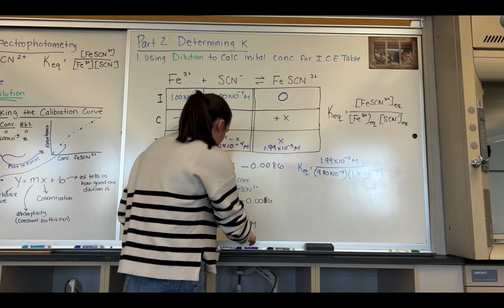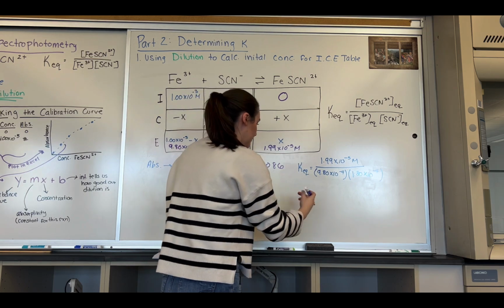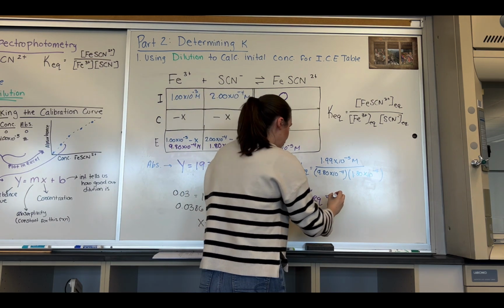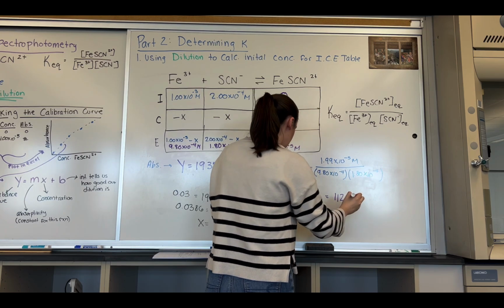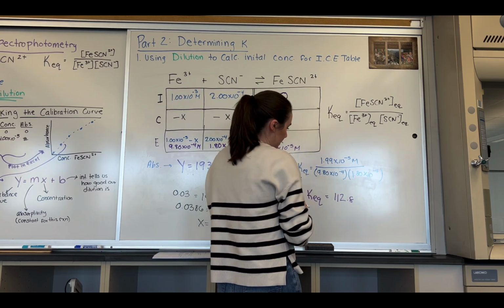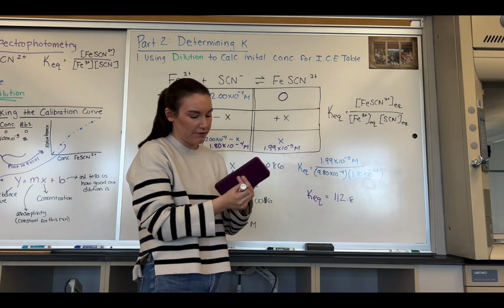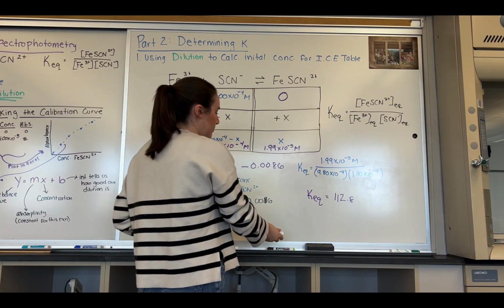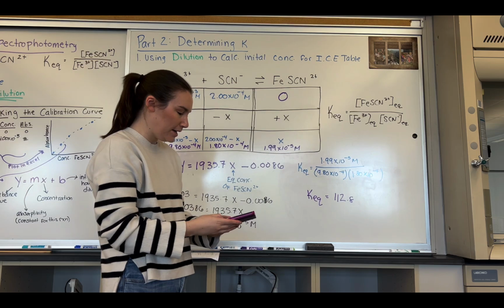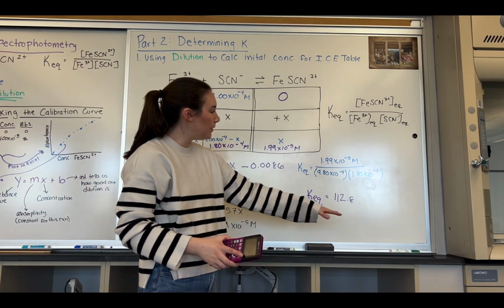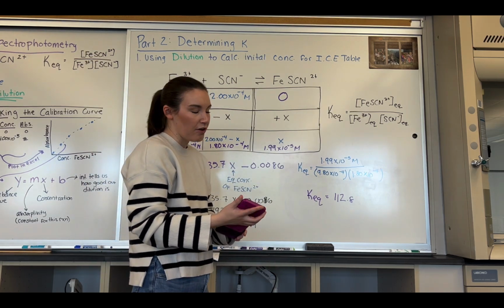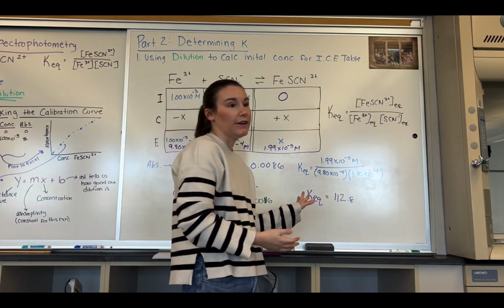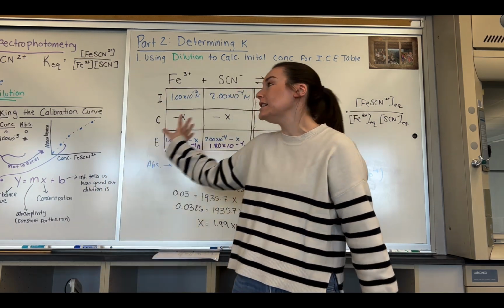And I get a K that is equal to 112.8. I'm not being specific with my significant figures here, so you're just going to have to track your numbers in LabFlow to show proper significant figures, so just keep that in mind. But I get a KEQ of approximately 112.8. Now K is unitless, so there's no units on there, so you just leave it as is. So this is for